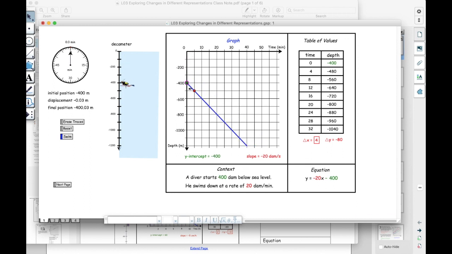And so I'm going to pull it down now. And then what we will see now is the rate of change hasn't changed, but we're now starting 500 meters below sea level. The initial condition changed over here, it's minus 500. And within the table, the initial value or the initial depth is negative 500, and now everything is going down